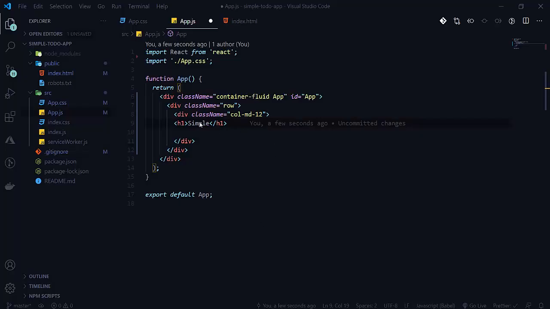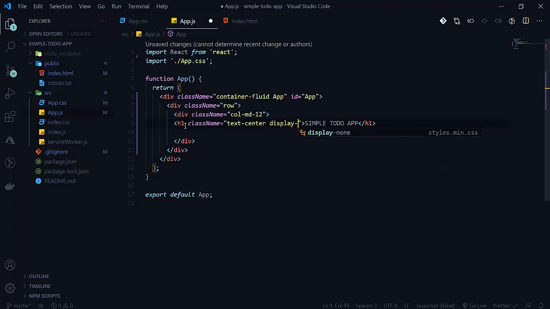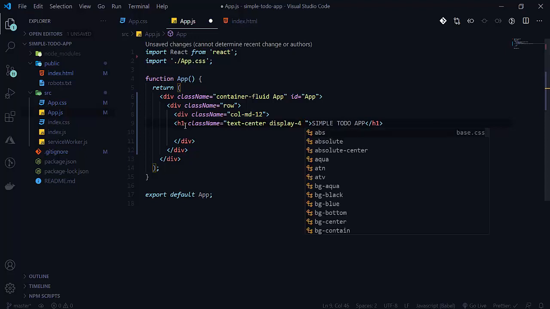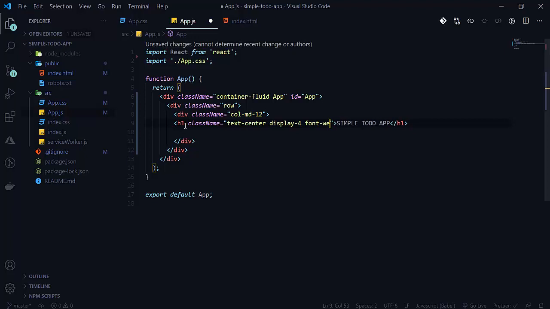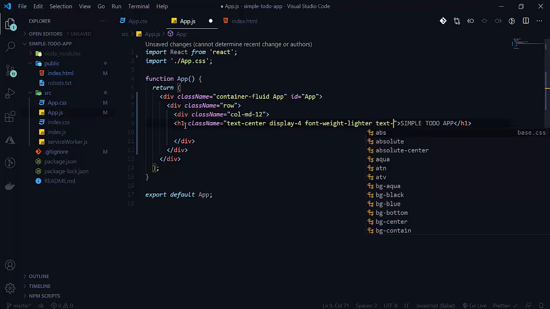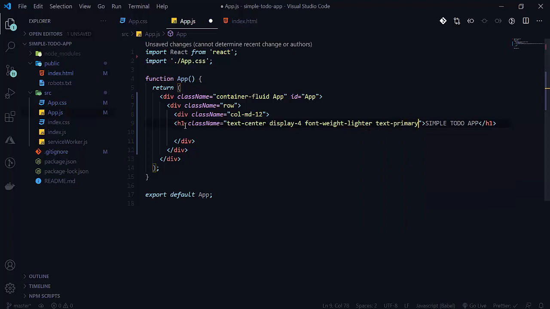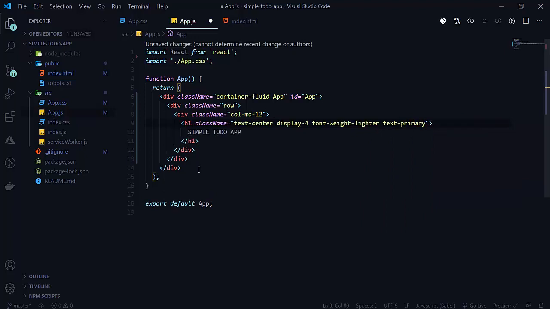So here is Simple To-Do App, paste it here, and here class name will be text-center and display-4 and there will be font-weight-lighter, and text color will be primary. So we will write text-primary here to give it a blue color. So let's see.